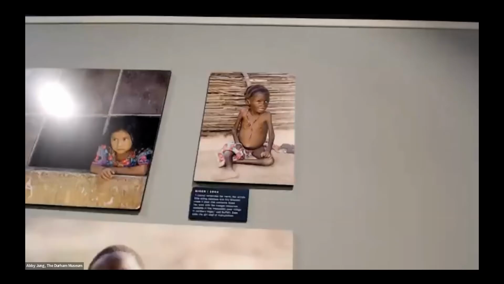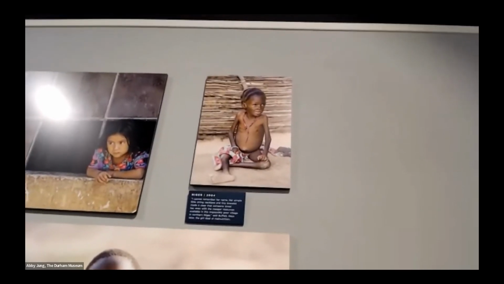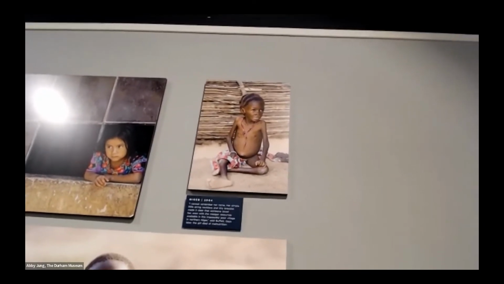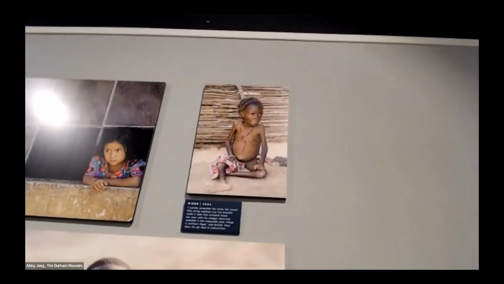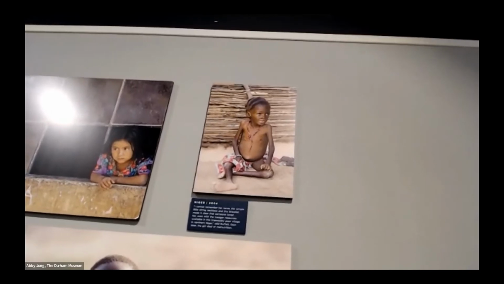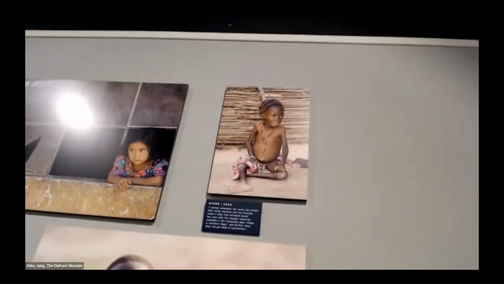And really the reason that it spoke to me was, it's obviously a really shocking photo. It's sad to look at. And I think when we talk about hunger outside the United States, that might be a picture that we're used to seeing. But I think the reason it spoke to me is,